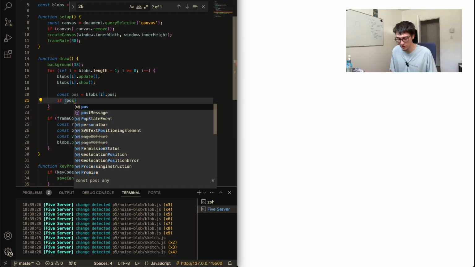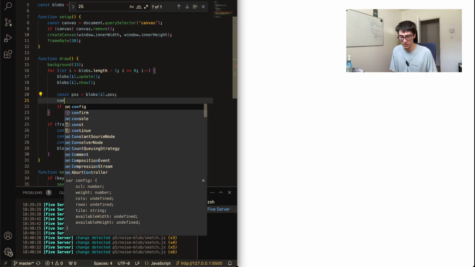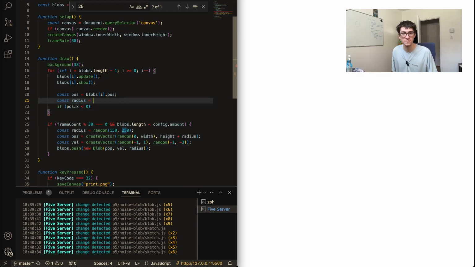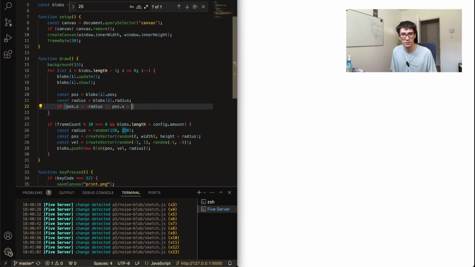So we can say if pos.x is smaller than 0, and we can say const radius equals blob.radius, because I'll be using that. So basically if x is smaller than minus the radius, or that pos.x is greater than the width plus the radius, or if